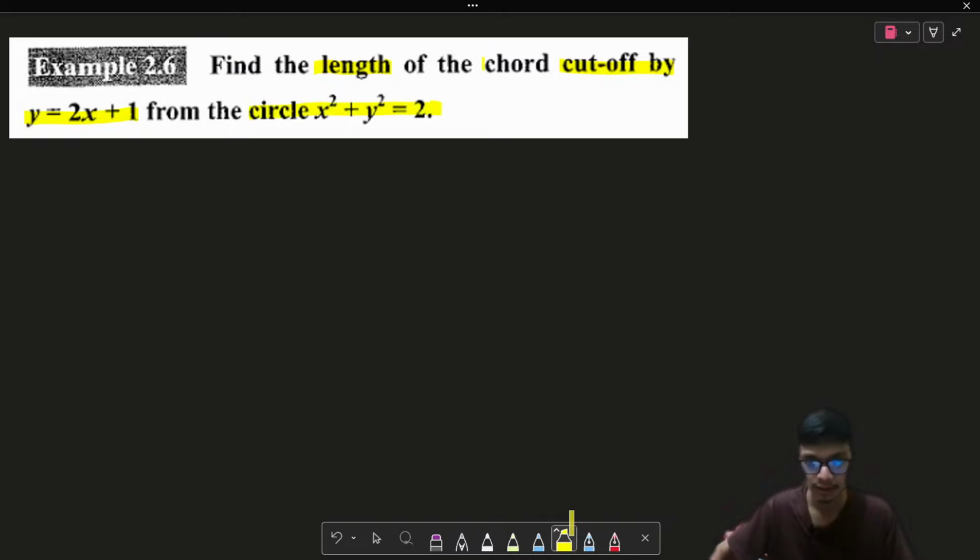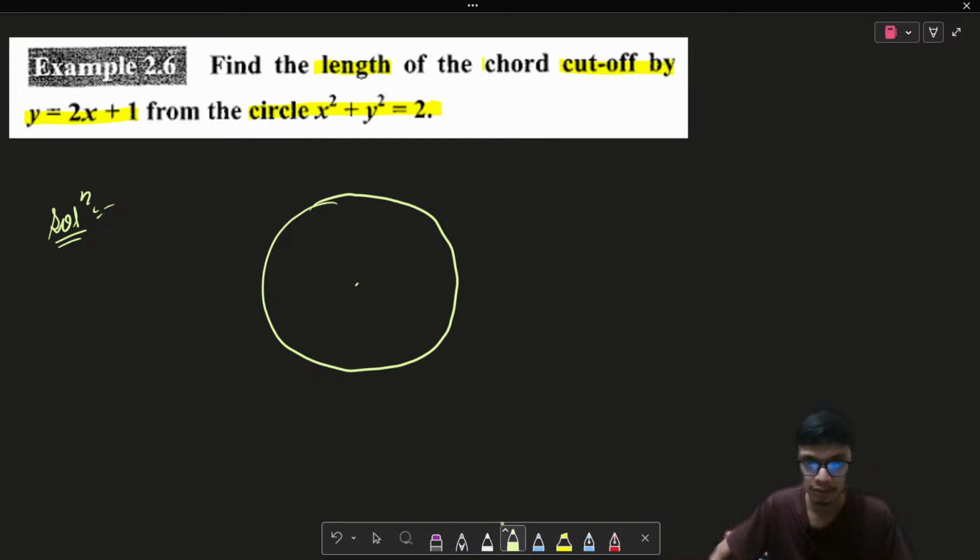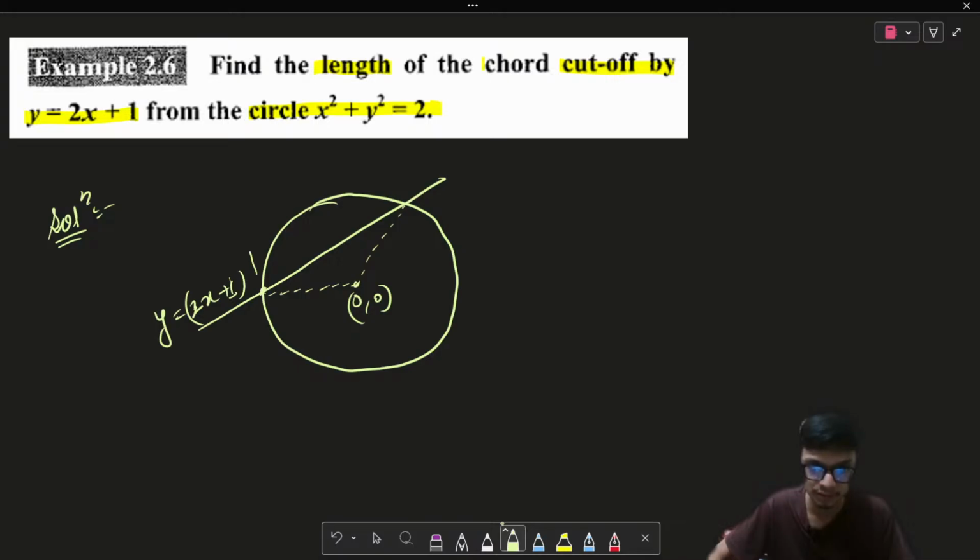If I draw a schematic diagram of this scenario, what I can see is that there is a circle whose center is at the origin. Now we have a line, y is equal to 2x plus 1, and the center is somewhere over here. You have to find the length of the chord that is cut off by the circle. So if I represent the two points of intersection of the chord from here,